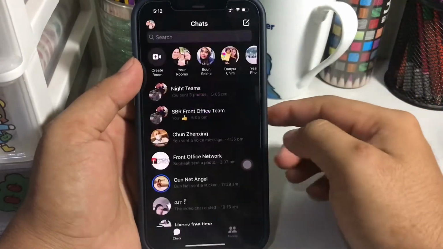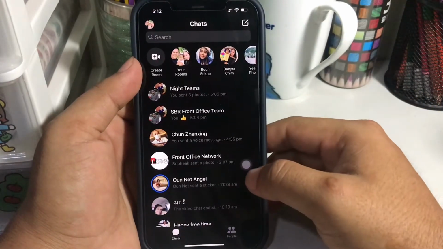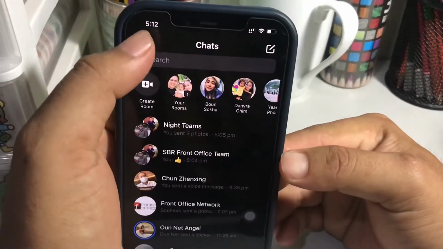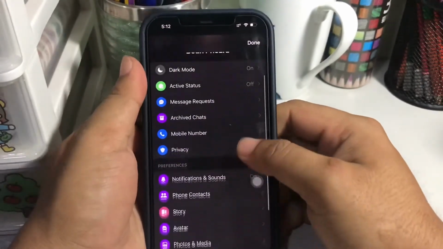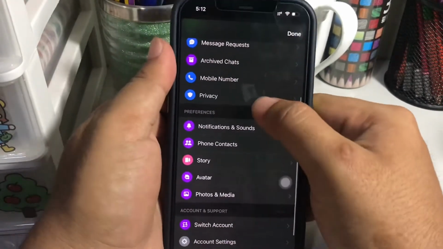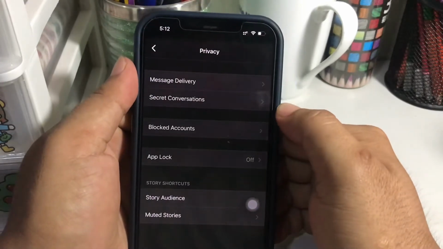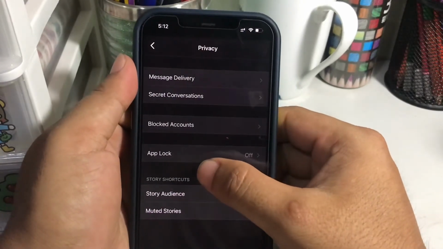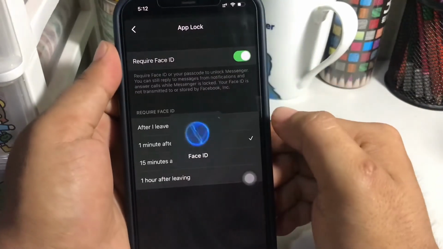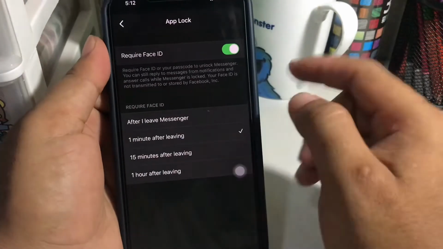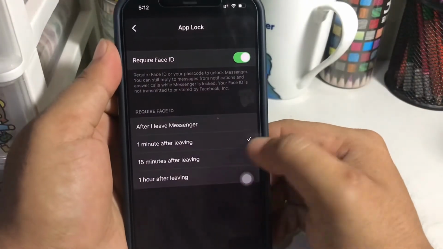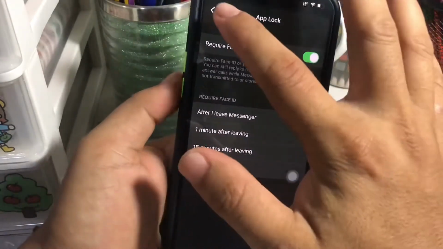and then Messenger, you click your profile on here and then click privacy and then app lock, click app lock and open. I click 1 minute, 1 minute later after leave. Okay,